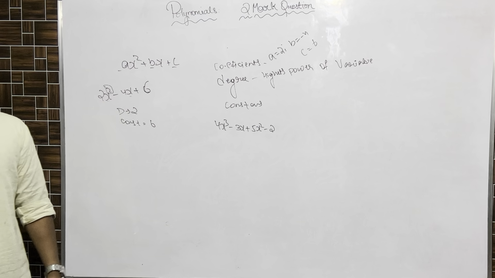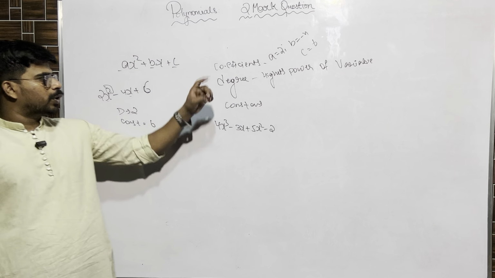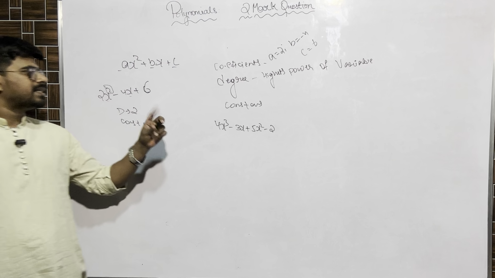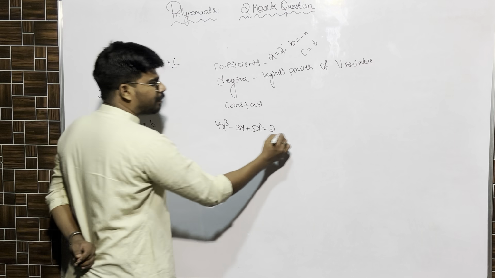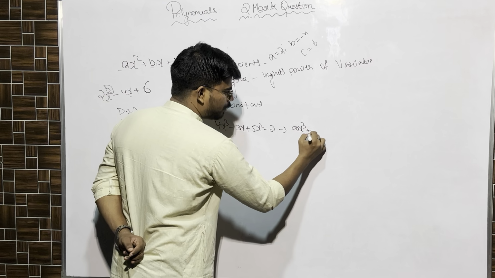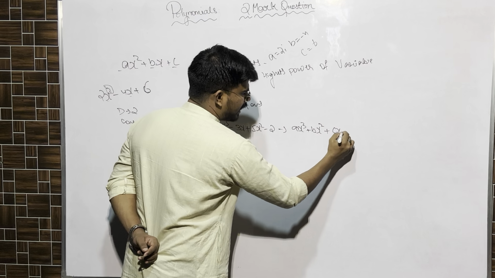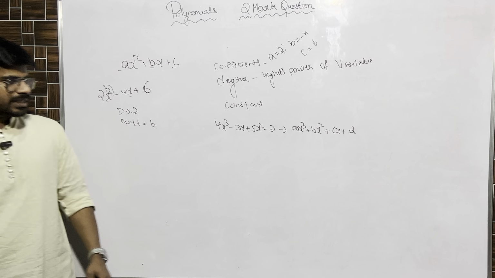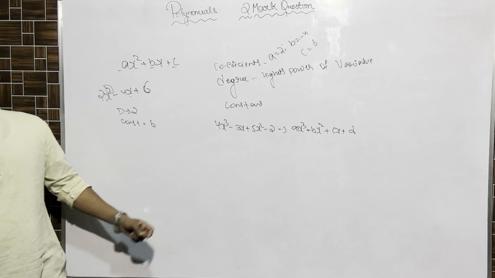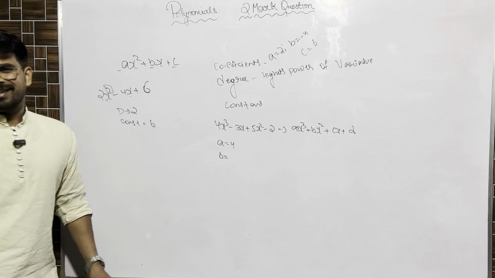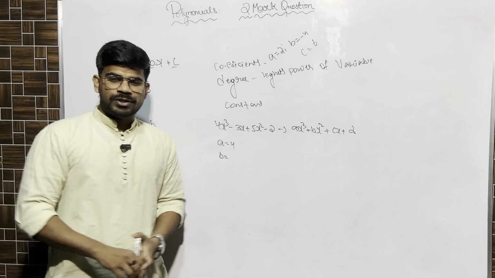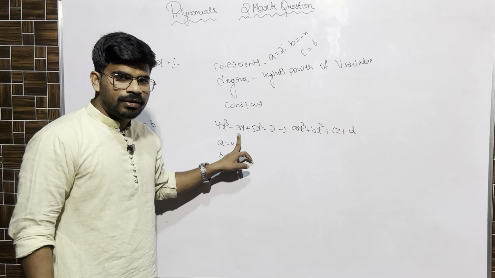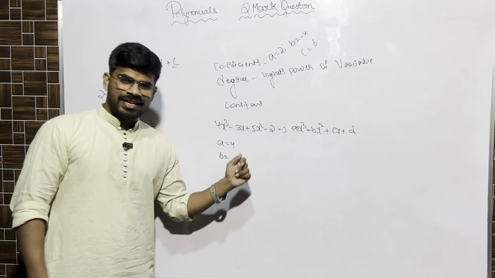All right. Here in this case, we have to check how many terms, how many coefficients we'll have: 4, a, b, c, d. We have to compare this with ax cube plus bx square plus cx plus d, and tell the values of a, b, c, d. What is the value of a? 4. A is 4. B? 5 or minus 3? Yes, you will get confused over here. The next term which is written, you will consider that to be b, yes, 3x square should come.